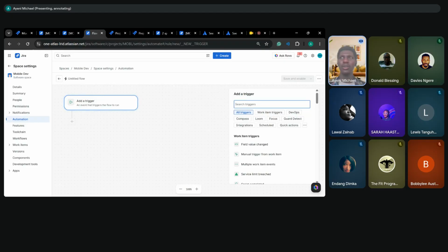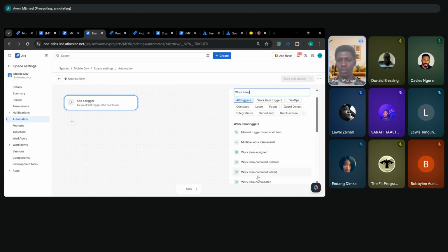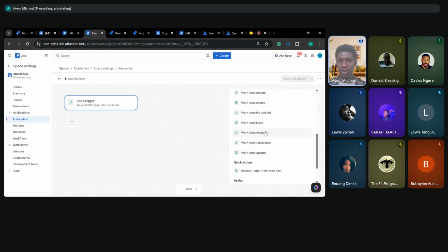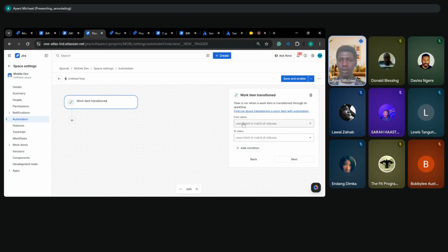So what would our trigger look like? Work item. Let's check. We have updated, transitioned, moved. In our case, it would most likely be transitioned, right? We want to check when it's transitioned to a resolved state. That should fire off the automation. It could be from any status as long as it's going to the done status, it should fire. So when work item transitions to done,